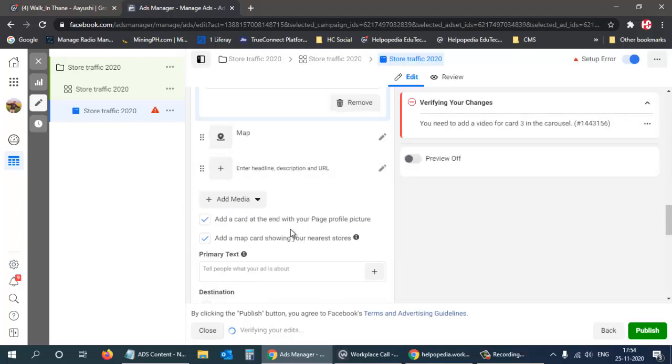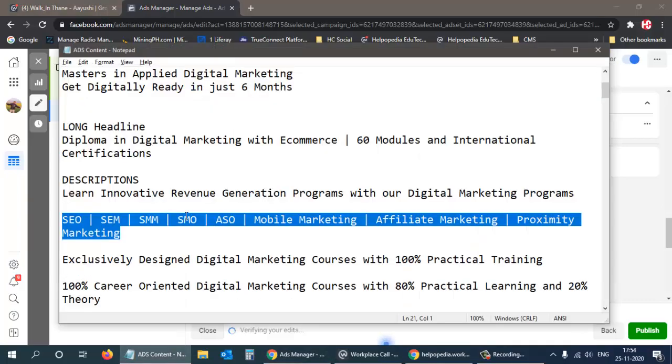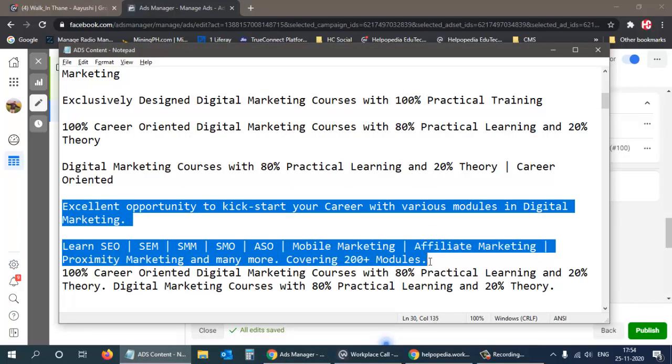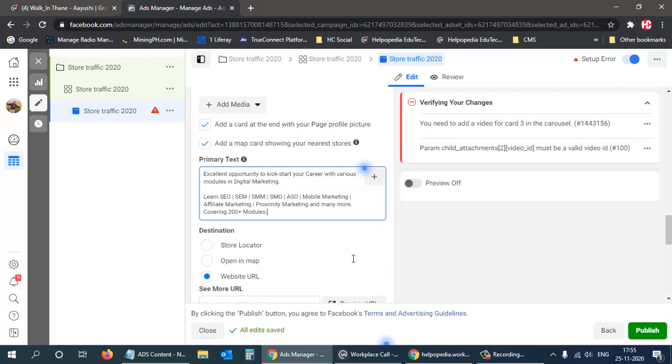Okay, so over here primary text I need to add. So this is the standard primary text which I am using. Okay, and now over here we can see a destination.